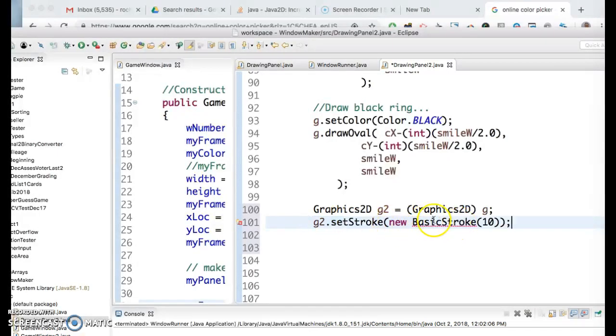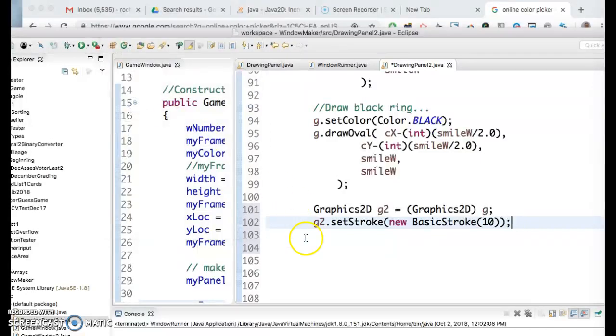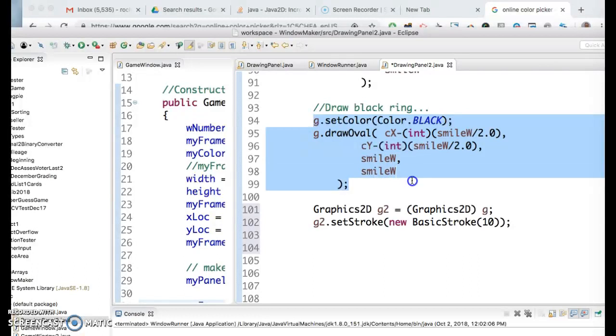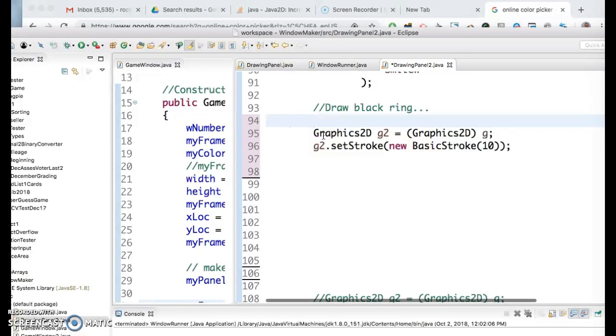Okay, so I'm going to have to make a stroke and see how, like, there's another object called a BasicStroke object. Okay, so I have to go Organize Imports for that and have it be okay. This is all inside Java, but now what I do is I set a 10-point stroke around it. So you can mess around with this number and make them like thicker and smaller and stuff like that. Okay, but now I have to use Graphics g. Okay, so see these two commands right here. I'm going to cut them, okay, and so this is like with